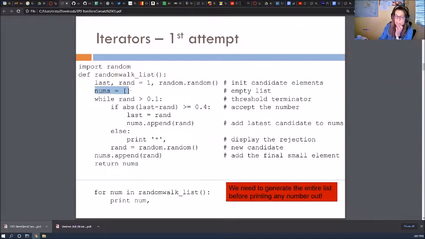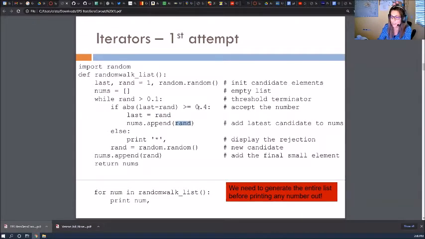Then you're going to loop while this rand is greater than 0.1. Then you check if the difference with the last one is greater than 0.4. If it is, then you store this current number rand as the last one, and then you append this current number to the list, and you go again.